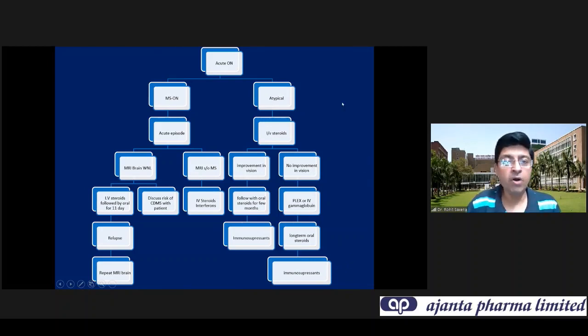So this, in broad terms, is the management that we are now understanding in a patient of optic neuritis, and we realize that over time our interventions in the form of an urgent MRI and aggressive IV methylprednisolone therapy have increased. But again, it is not indiscriminate, and in the current scenario of the pandemic, we are learning that steroids may have side effects. So it's always important to remember that IV methylprednisolone is associated with significant short-term side effects.